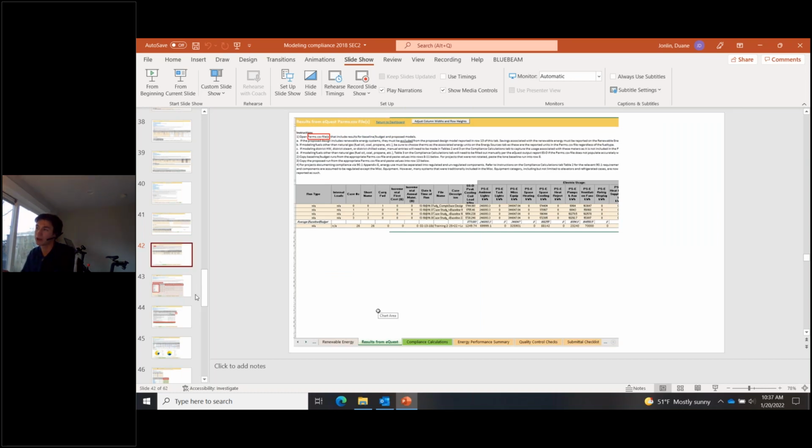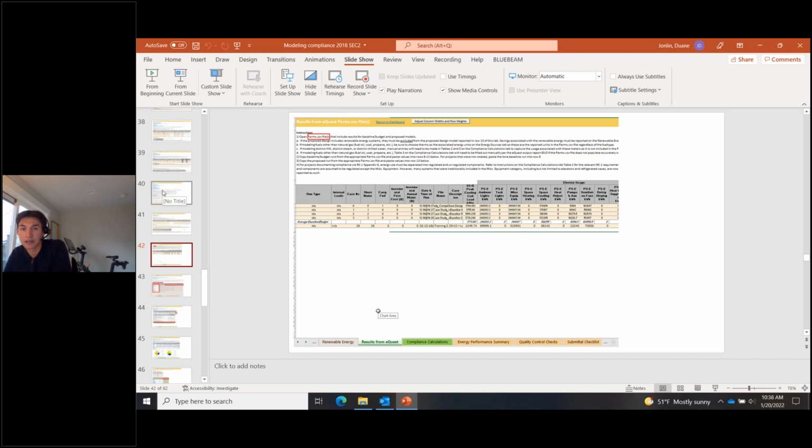So you've finished your energy model, you've got results, and you want to put it into the compliance form to check what your compliance is at. Depending on what energy model simulator you're using, I had eQuest selected at the beginning, it's going to create a tab called results from whatever your simulation program is. For eQuest, they make it pretty simple. You just go into your parms.csv file. That file is generated whenever you run energy model simulations, and you literally just paste the data into this spreadsheet. Super easy.